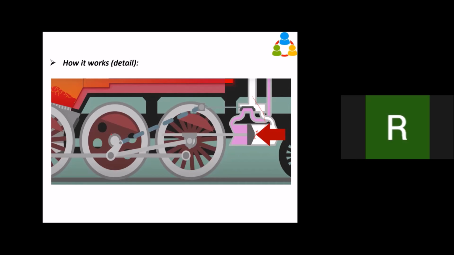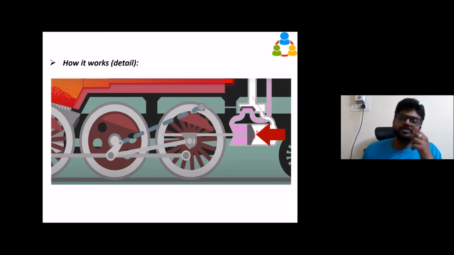Sir, how does this move? Because of the movement of the wheel. Both sides of the piston get pressure from the steam, so it is moving. But the slide valve is operated by the wheel movement. Initially, the piston moves the wheel, and once the wheel starts to move, there will be inertia on the wheel, and that inertia will control the motion of the valve, and the cycle goes on.